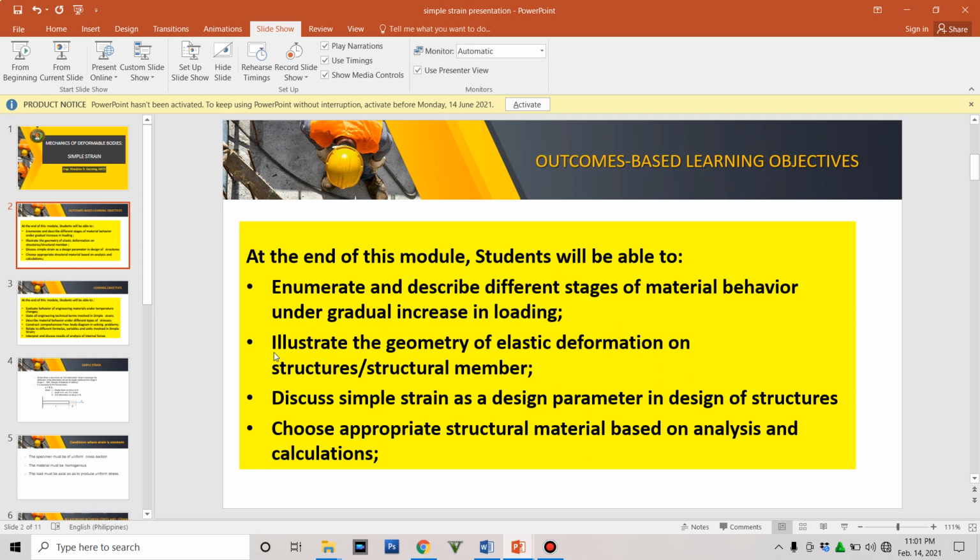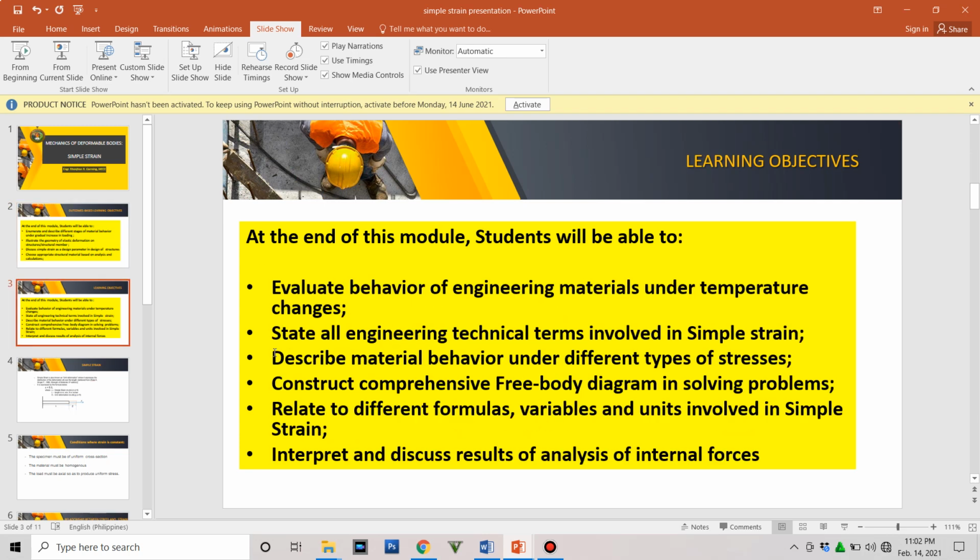enumerate and describe different stages of material behavior and their gradual increase in loading, and then illustrate the geometry of elastic deformation on structures or structural members, and then discuss simple strain as a design parameter in design of structures, then choose appropriate structural material based on analysis and calculations. We will also be able to evaluate behavior of engineering materials under temperature changes, and then state all engineering technical terms